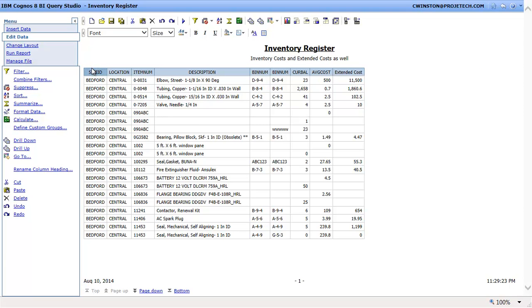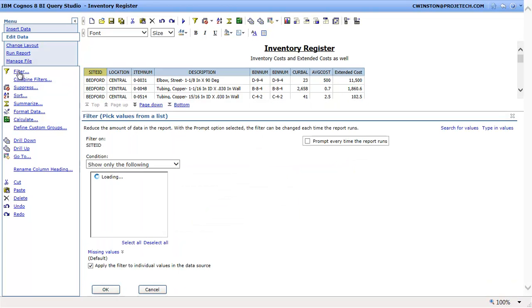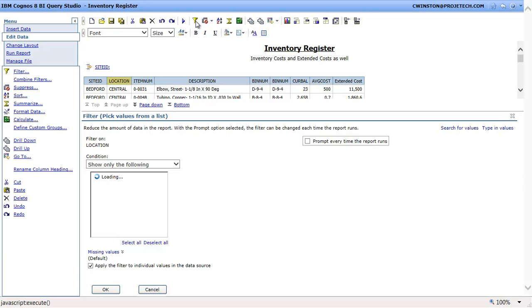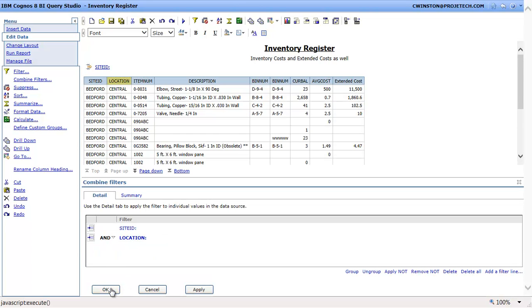First, let's get our filtering set up. So we'll start with site ID, and we'll want to prompt each time so someone can pick the site that they want. We'll go with location, and this time I'm going to hit the toolbar button. It does the same thing, just a different location. We want to prompt again each time, and in this case, since we've got our second filter, we get an option for the rules around it. In this case, we're going to use AND because we want it to be specific to site ID and storeroom. We will hit OK,